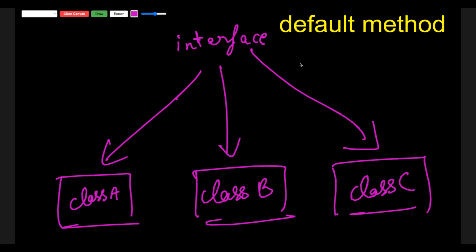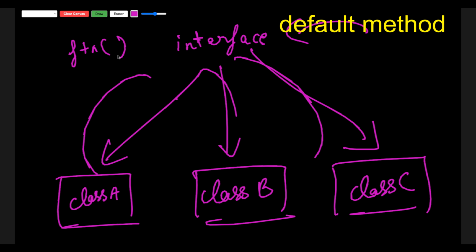They are super useful when you want to update an interface without breaking all the classes that use it. So basically you can just directly add the method inside this particular interface, and this method will be applicable to all of these classes. And you can also override a default method in your implementing class. So let's say there is a method called function. You can override this function inside class A, class B and class C as per your needs. And keep this point in mind, you cannot use a default method inside abstract classes. They are exclusive to interfaces. The last method is the static method.